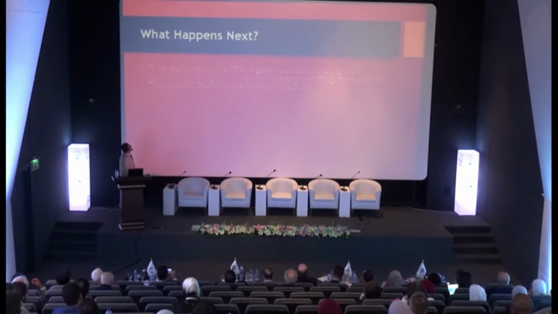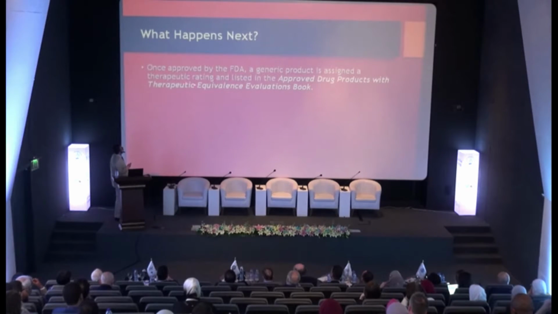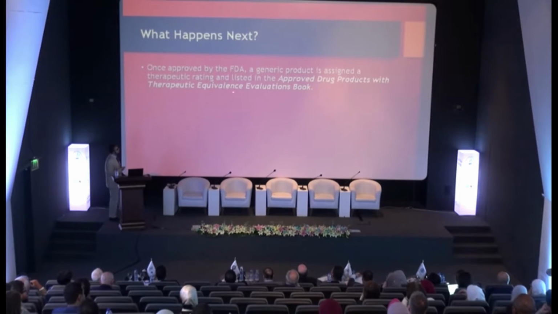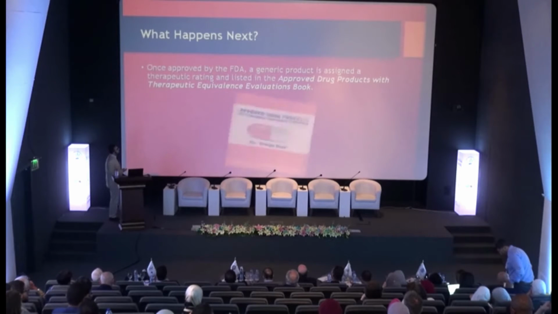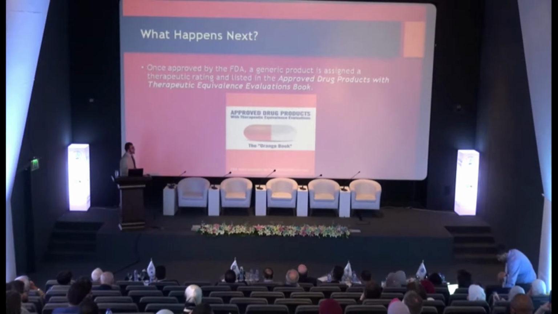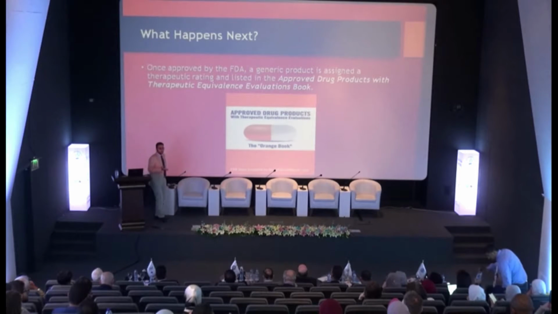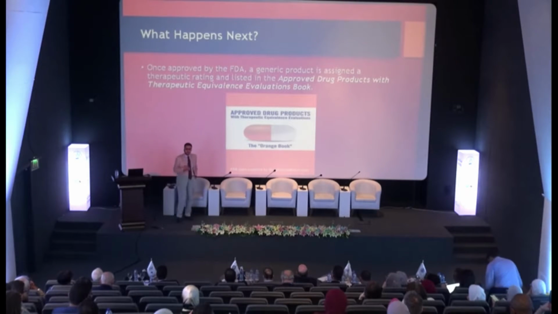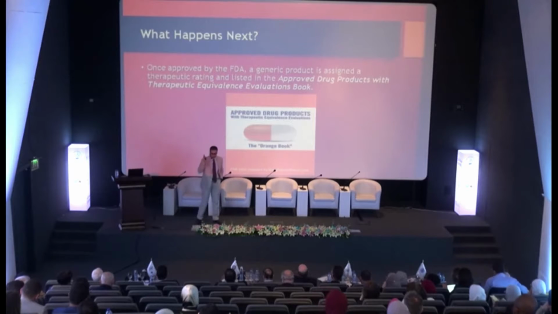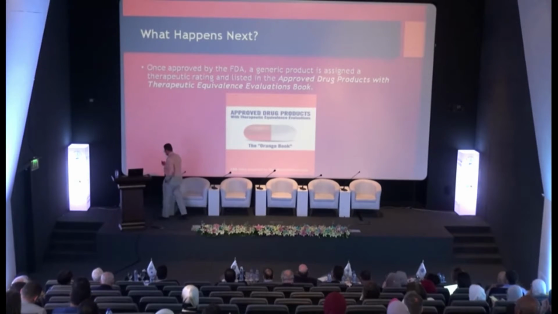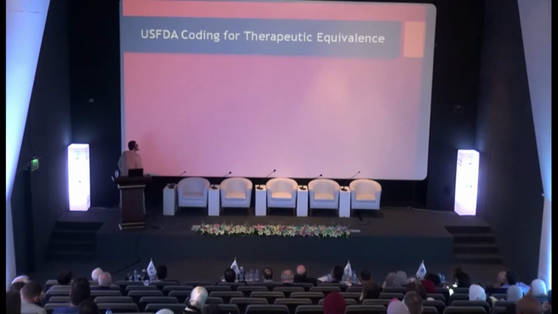All right. So what happens next? Once approved by the US FDA, a generic product is assigned a therapeutic rating and listed in the Approved Drug Products with Therapeutic Equivalence Evaluations book, also known as the Orange Book. The reason behind the name Orange Book is that they had it in 1980, during the time of Halloween, so they call it the Orange Book, and that's why we have an Orange Book. So for a medication to be interchangeable,